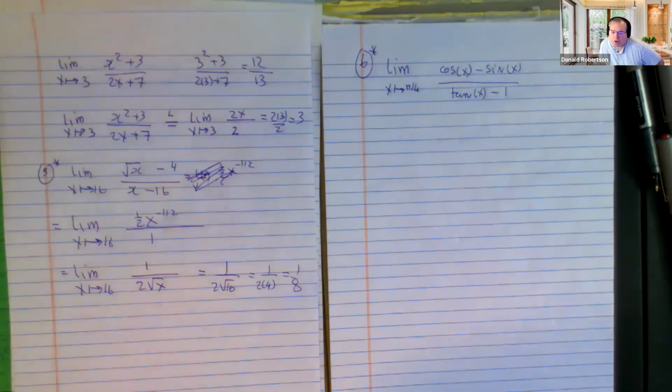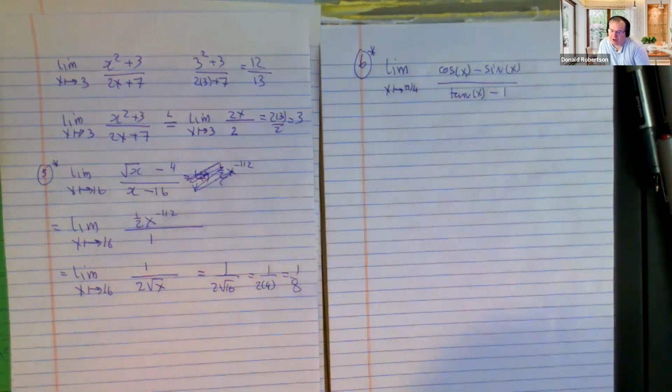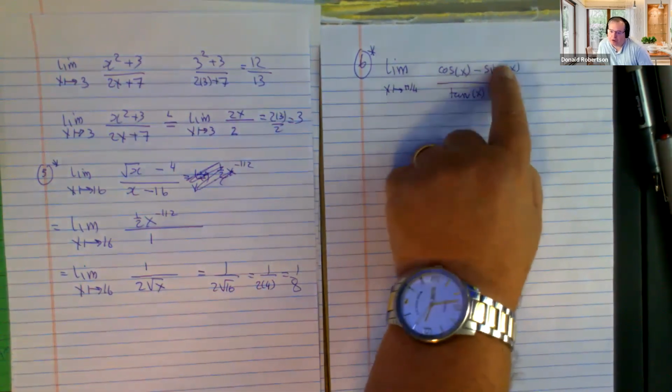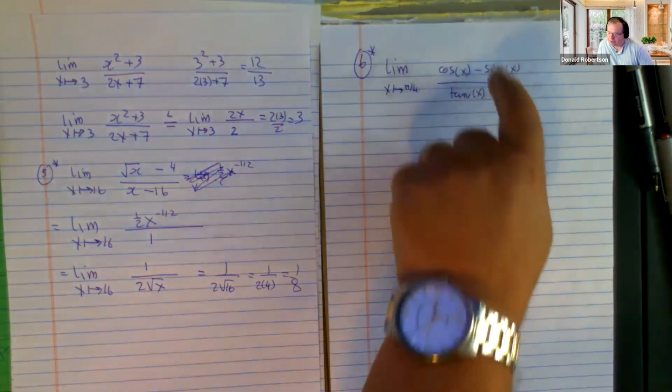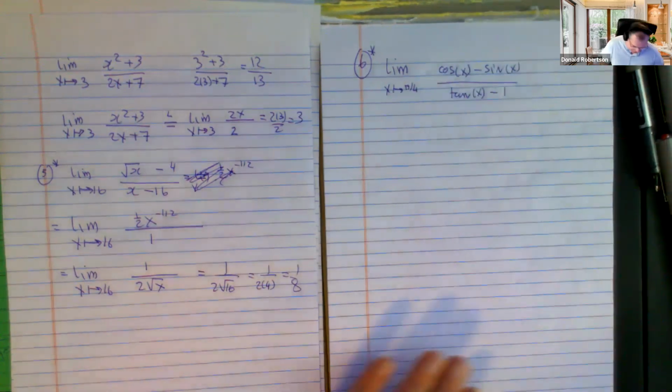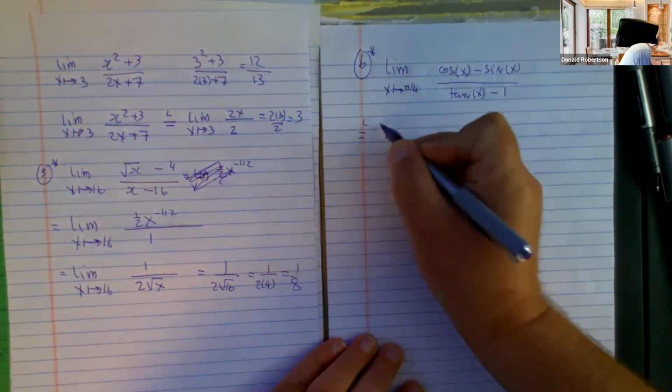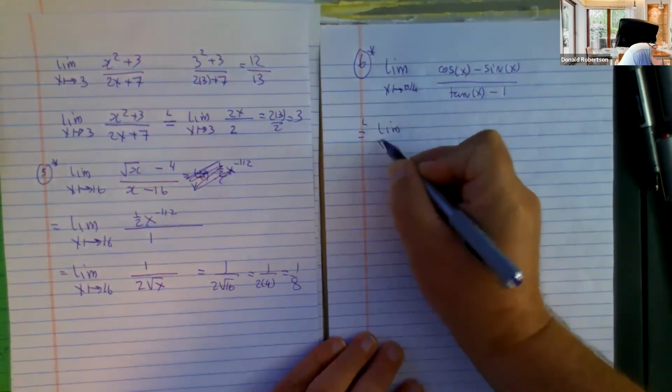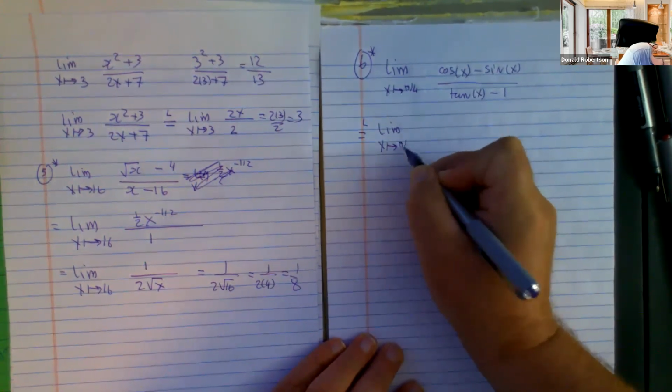There is no way in the world you could do that with week 1 techniques, right? Week 1 basically kept away from trig, didn't it? We never did trig, right? L'Hospital, you can handle it. Can you trust me that if you plug pi upon 4 in here, you get 0 over 0 indeterminate form? So L'Hospital is going to then